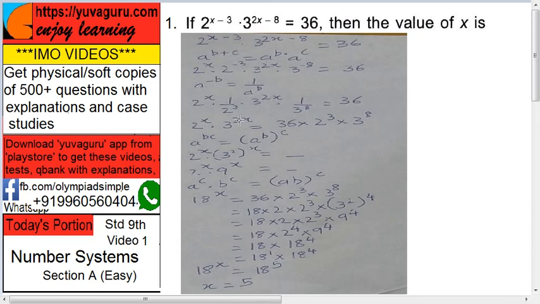So this 3 raised to 2x becomes 2 raised to x into 3 raised to 2, the whole raised to x, and the right hand side same. So this becomes 2 raised to x into 3 raised to 2 is 9, so 9 raised to x, again right hand side same. Now again the laws of indices, a raised to c into b raised to c equals a into b raised to c. So the left hand side becomes 2 into 9, that is 18, raised to the common one, that is x. So 18 raised to x equals, now go to the right hand side.